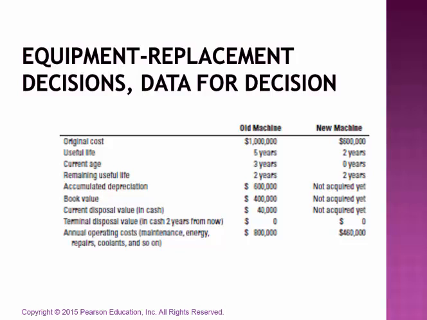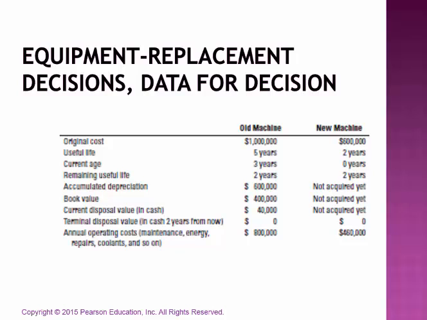However, we do need to pay attention to the fact that we could sell that piece of equipment for $40,000 in cash. That will aid us in purchasing the new machine. So we're going to consider that $40,000 cash inflow. If we were to dispose of it in 2 years from now, it would still be 0. We wouldn't be able to get anything for it. And if we continue to use this machine, our annual operating costs are